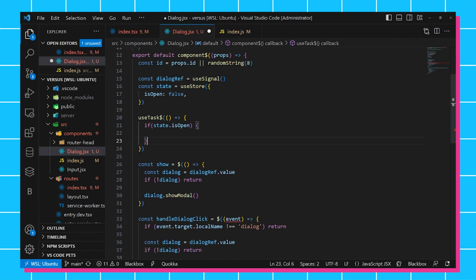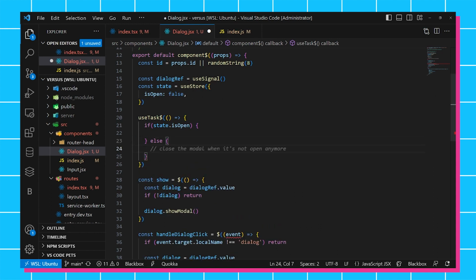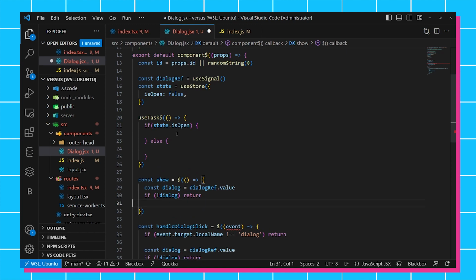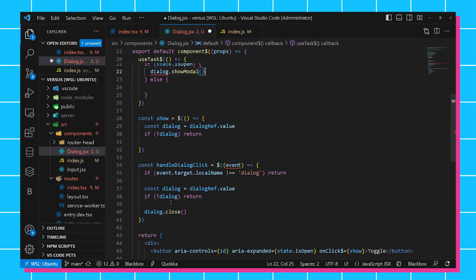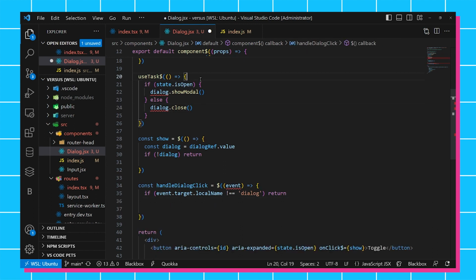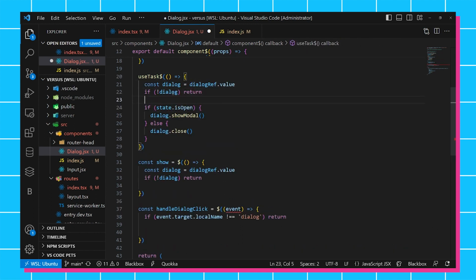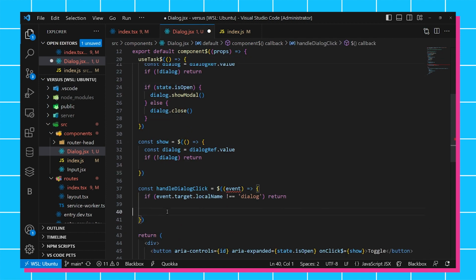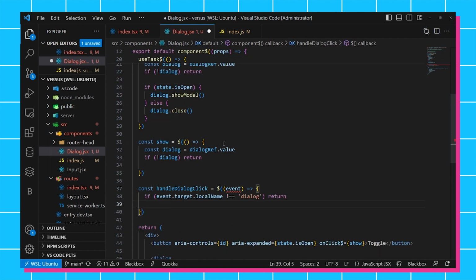Otherwise, we'll do the close logic. So the open logic is here, right? Okay. The close logic is here. Now we need access to this, so we can take this and just put it up there. So it's the same. And that makes it easier to handle showing or hiding this, because now all we have